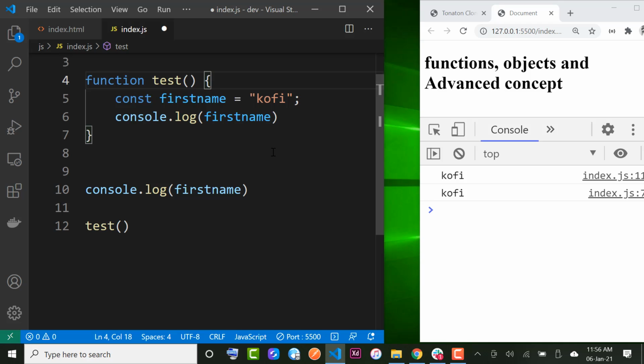You get only one. And then what happened to the other Kofi? You get one Kofi and the other Kofi gives an